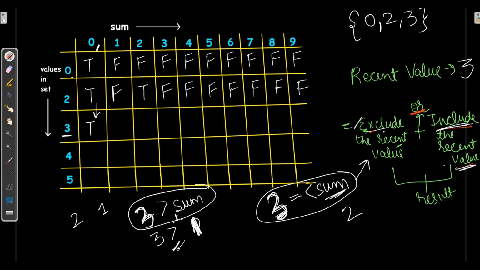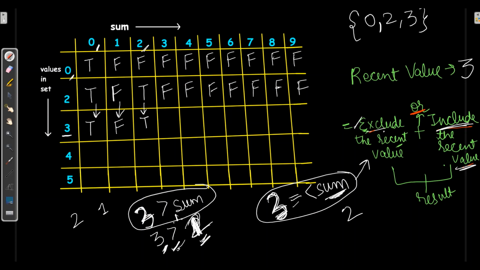Then for 1, 3 is greater than 1. Now you can understand, with the value 3, will I be able to make a sum lesser than the value? No, it's not possible. So for that purpose, I will copy the values from the above, because here we had already compared with 0. So I will copy the value as it is till I get equal to or smaller than sum. Then for 2, 3 is greater than 2. So here also I will copy.